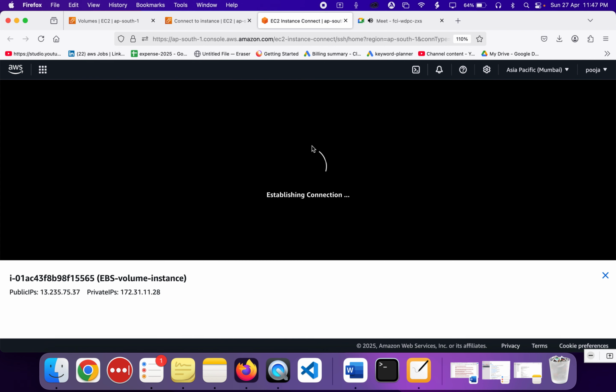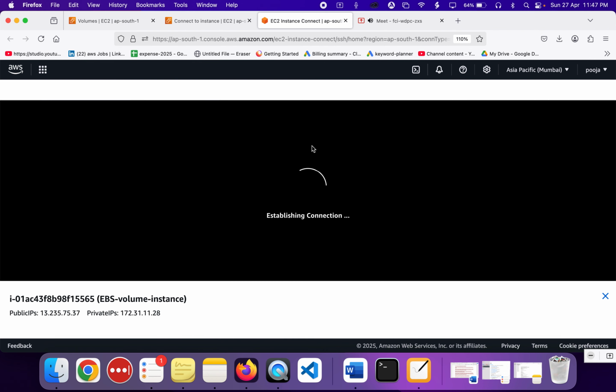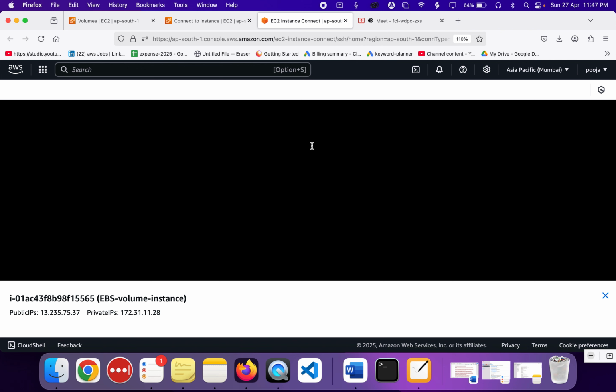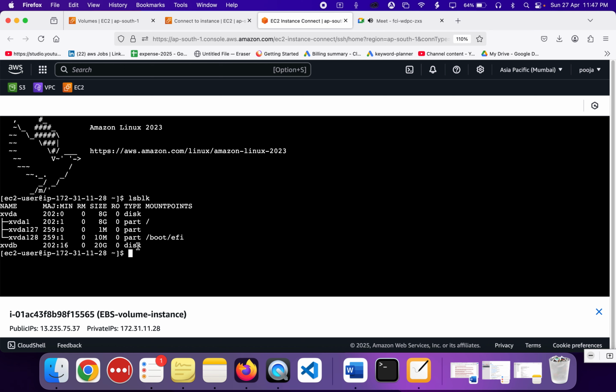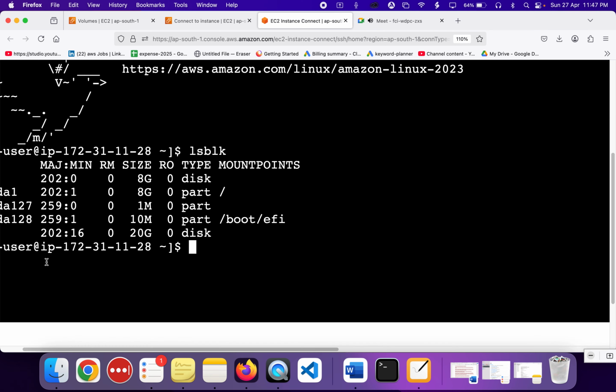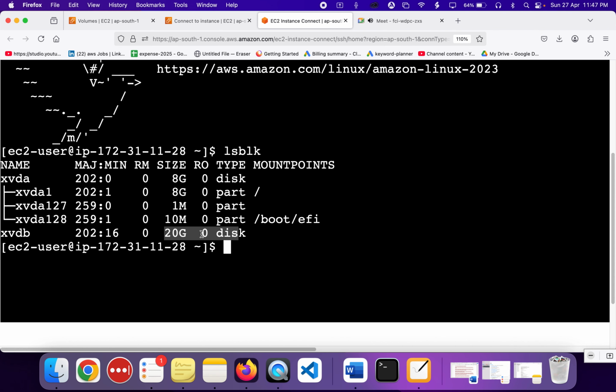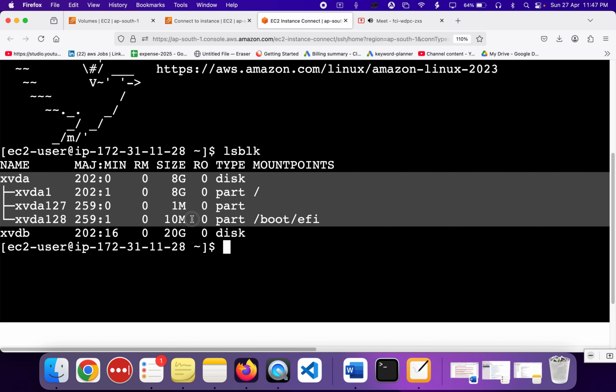This instance will be connected in a fraction of a second. Once it is connected, we are going to check how many volumes are attached. We're going to give lsblk, which is the command to check how many volumes are attached. As you can see here, 20 GB of volume is attached to this particular disk, and then the 8 GB of volume, which is the default volume, which is being created as part of